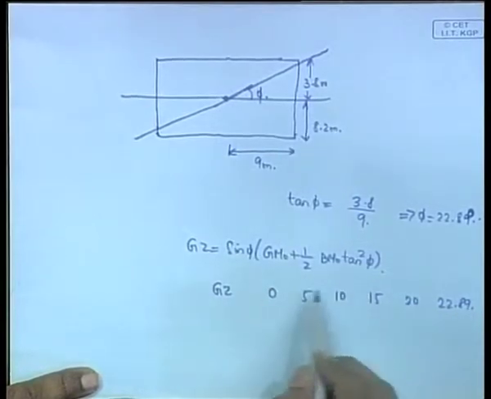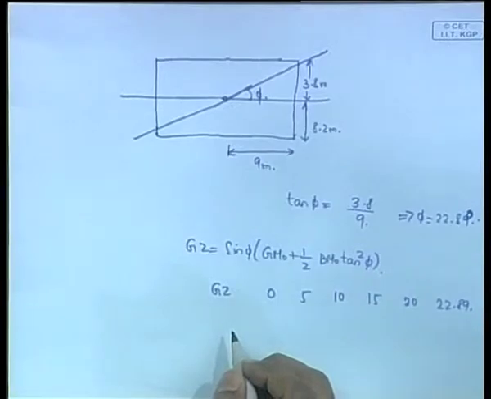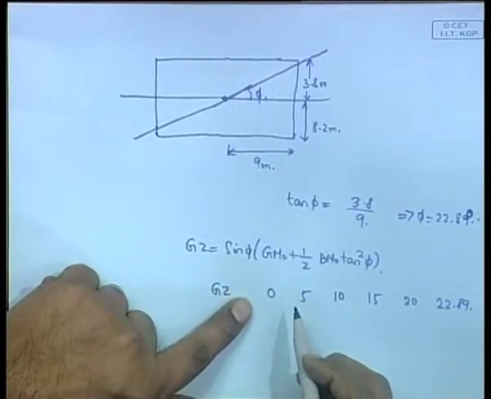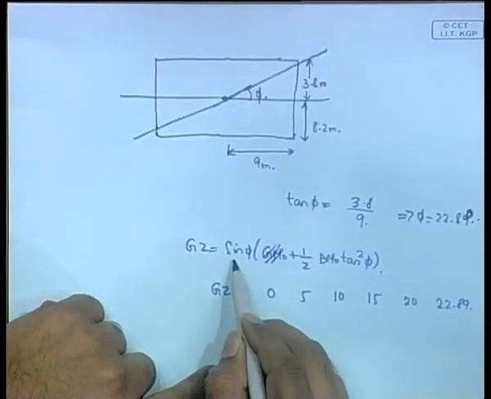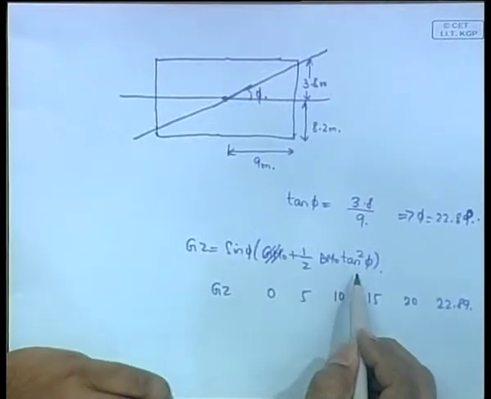Simple, you can just put it here and you find the area under that. So, GZ we have, this has one speciality, this problem, that is that you remember that GM became 0 in this problem. Okay, GM was 0. So, this is gone. So, it is simplified, it becomes sin phi into half BM 0 tan square phi.